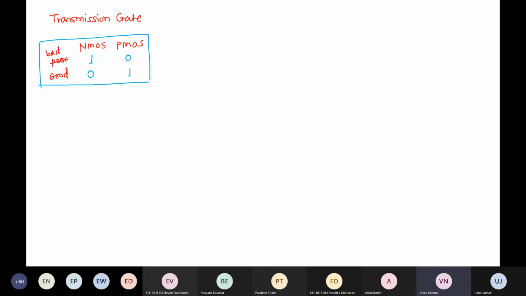This table comes from the device physics of your NMOSes and PMOSes. You need to read about it. But for now, I am giving this table as a thumb rule. Okay, NMOS अच्छा one नहीं transmit करता, it transmits good zero. Okay, so therefore, if you have observed, we always connect our PMOS